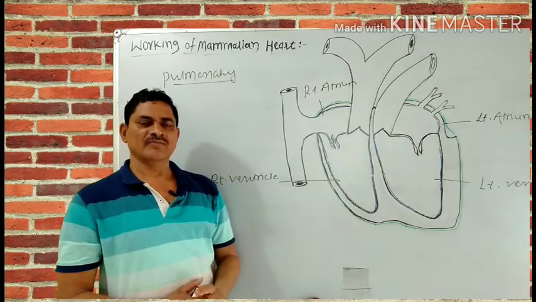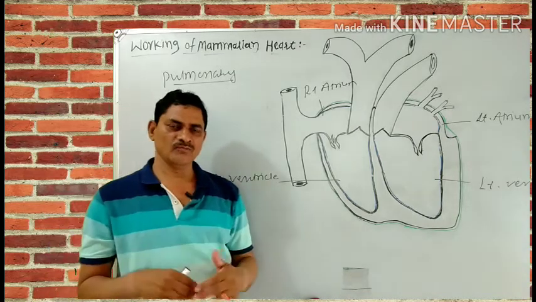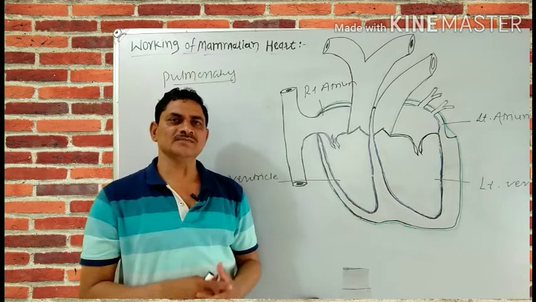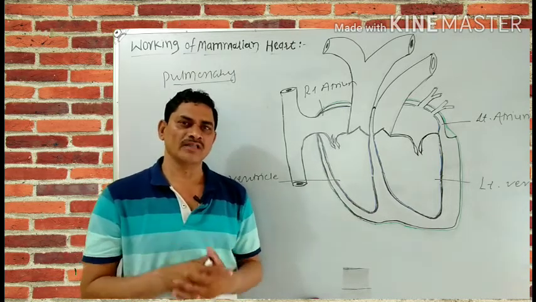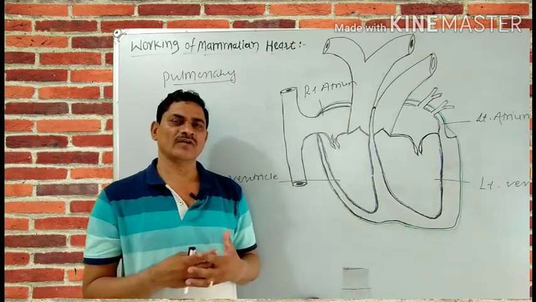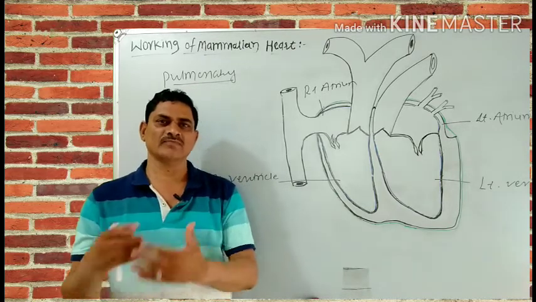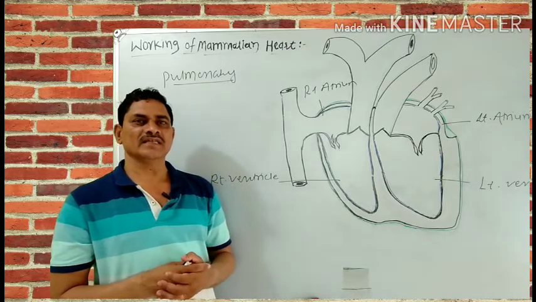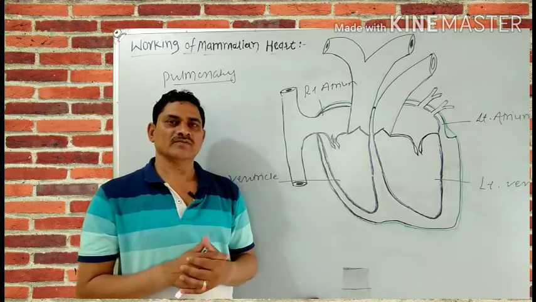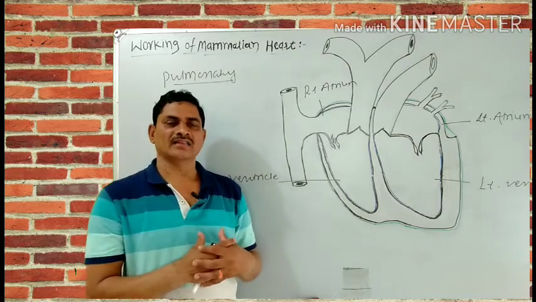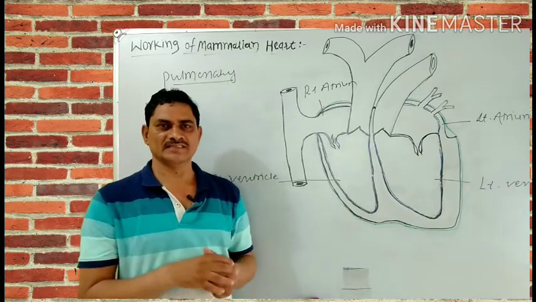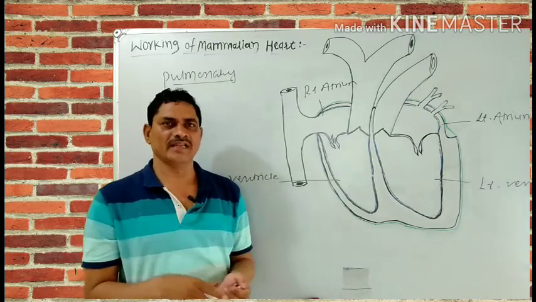Friends, the mammalian heart plays an important role in the circulation of blood, and this blood is circulated in the body for carrying essential and unwanted substances toward the concerned parts, and this is done with a modified tissue. That is called the heart. The heart of a human being is placed in the thoracic region. It is enclosed in the pericardium.